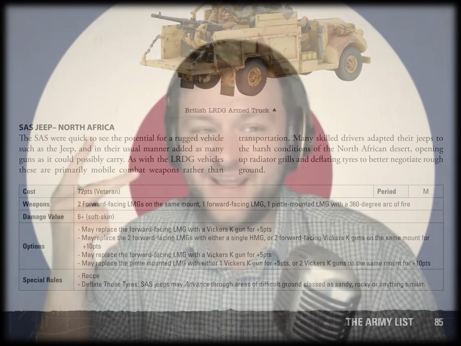Now, correct me if I'm wrong, I might have missed it, but I don't believe in the Bolt Action rulebook there is a section for classifying what the ground is. We just have a section for rough ground. We don't have difficult ground as a subcategory of rough ground, and then sandy, rocky, etc. It's one of those classic agree-with-your-opponent rules, basically, but it doesn't